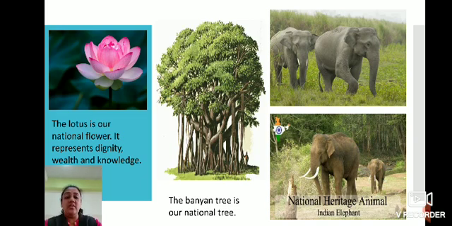Do all of you like mango? Yes, so mango is our national fruit. And do you know what is our national aquatic animal? Can you discuss it with your parents, or find out which is our national aquatic animal? Just find out the answer. Who will tell me? Yes, the Ganga river dolphin is our national aquatic animal. Got it? So in this way, we saw the national symbols of our country.